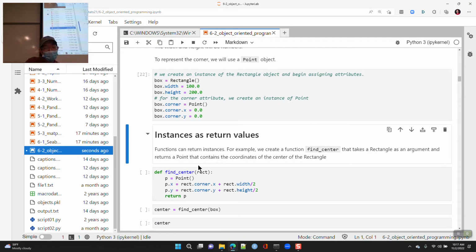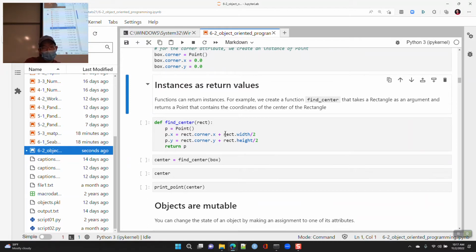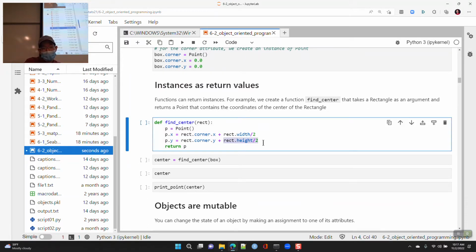And we could say, all right, if we have a rectangle, let's figure out what the center of this rectangle is. So let's imagine our rectangle, its lower left corner is at 0, 0. Where is the center of the rectangle? It's got a lower left corner 0, 0. Its width is 100. Its height is 200. So its center is going to be at coordinate 50, 100, right? And so how do we figure that out? Well, we'll take the width divided by 2, the height divided by 2. We'll take the x coordinate and add on half the width, and we'll take the y coordinate and add on half the height, and this will be